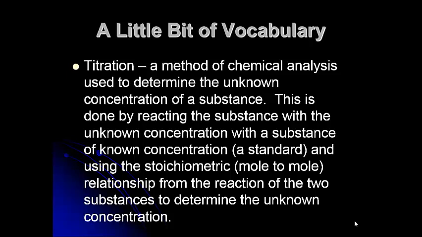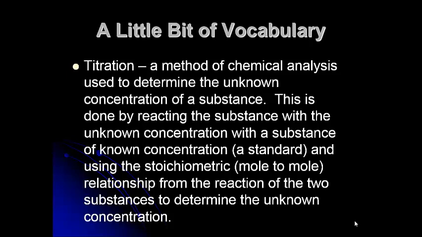So if you make something new in a manufacturing plant and you don't know the exact concentration, you know what you want it to be, but you have to verify that. What we do is we react the substance that we don't know the concentration of with something we do know the concentration of, and that's called a standard. And then we use that stoichiometric relationship, that mole-to-mole relationship that we've been using in our earlier problems to figure